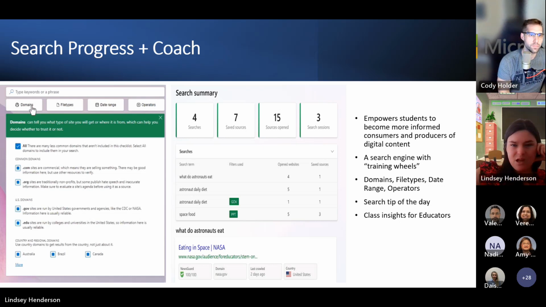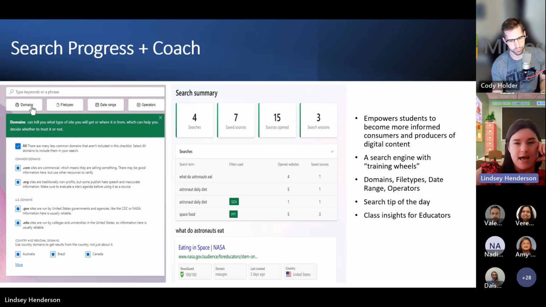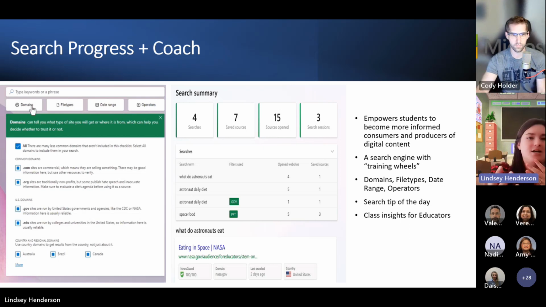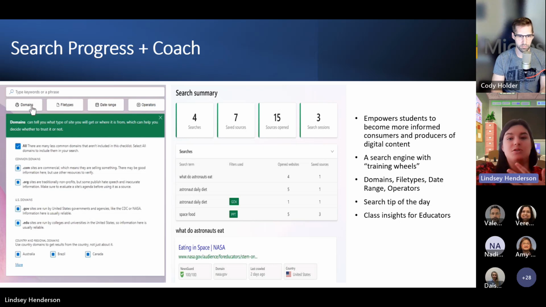So it will also give you like a search tip of the day and also teach you how to form better questions to get better answers. A good example is if I'm going to be writing a paper and I search, are dogs better than cats? The way that I put in that query is going to give me biased results. It's going to show me all these articles about dogs being better than cats because of the way I worded it. So it's going to go into the why of language and how you put a query in and how that's going to be helpful.